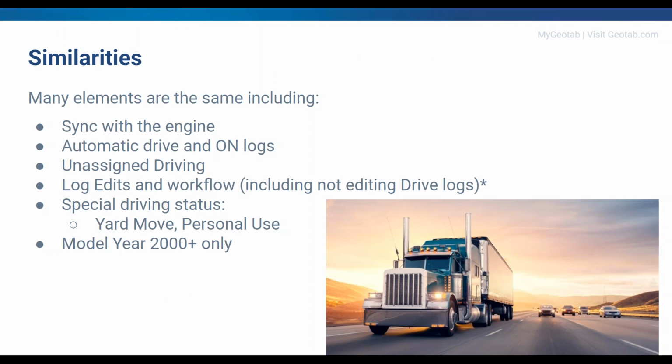It's going to create automatic drive logs and automatic on-duty logs the exact same way it does in the US. So the exact same speed, 5 miles an hour or 8 kilometers an hour, and if you stop for 5 minutes, it's going to create that on-duty log automatically. Unassigned driving is also the exact same. If the vehicle's moving around and it doesn't know who is actually driving, it's going to create unassigned logs, and you need to move those over to a driver or annotate them